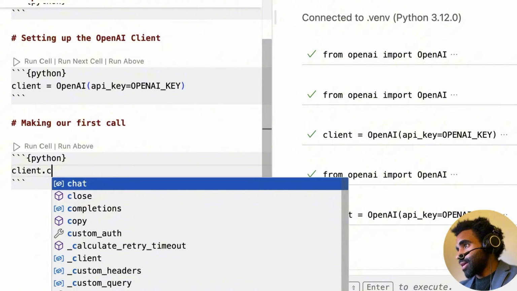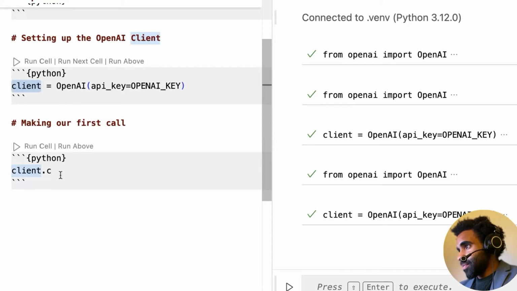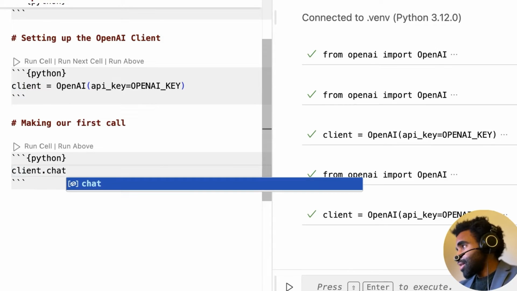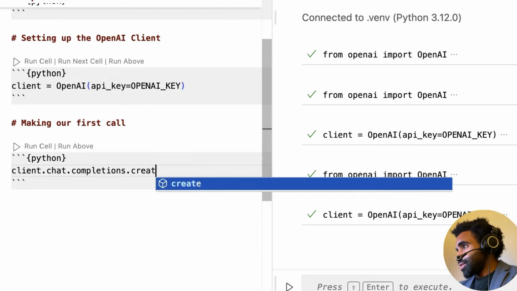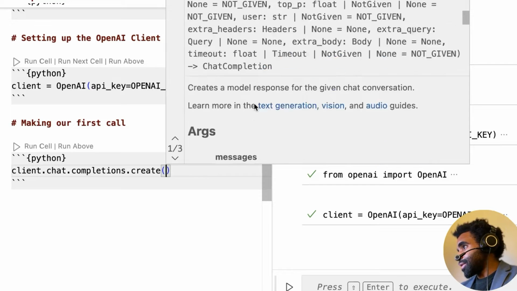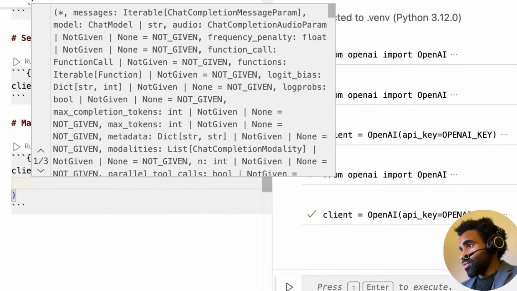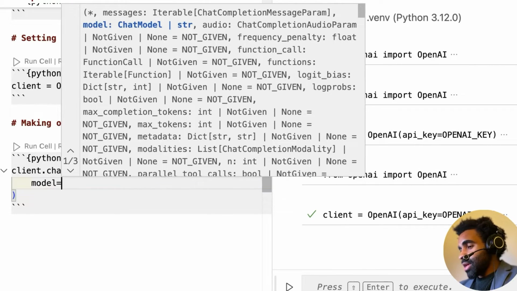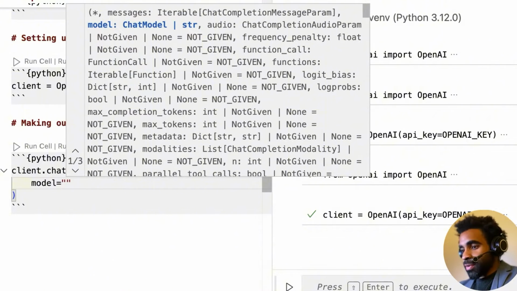There's a lot of stuff happening in it. So you type first client, that's accessing this client here, then .chat, then .completions, and then .create. And this opens up a function here. You can see there's many arguments inside of it. The two we're going to use are the following: model equals, and we're going to set the model to be the following: